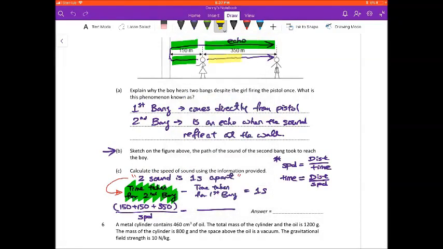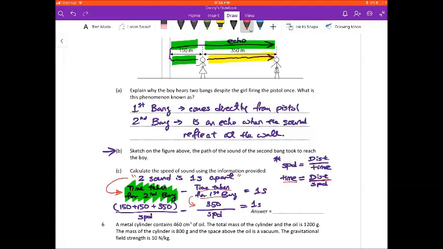Distance traveled by the first bank is just this much. So therefore this one will be 350. This is the speed. Some of you may be asking in your mind, teacher, I don't get it. How come this thing suddenly becomes a fraction? Because remember, your time taken for your first bank is given by